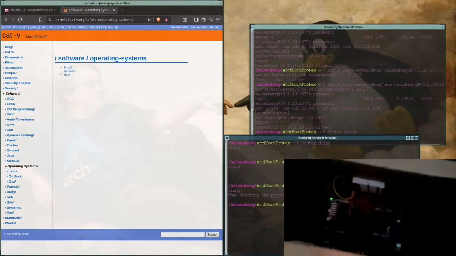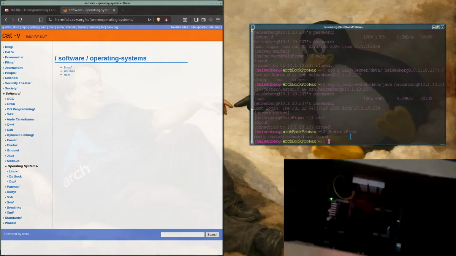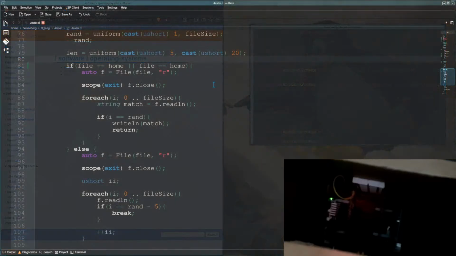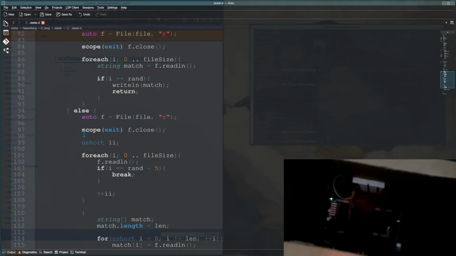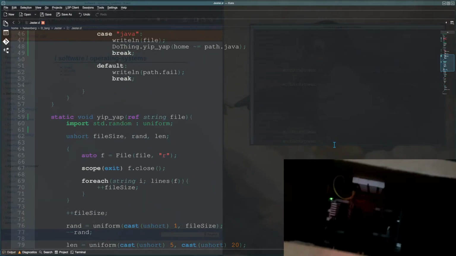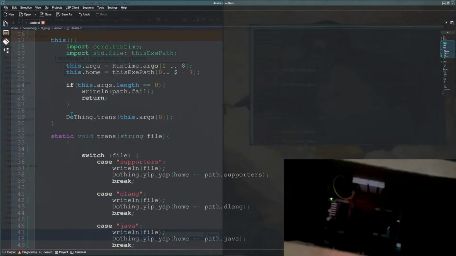Oh, it doesn't even write anything. So Jester dealing is now falling into that. If file equals home will always yield true because file is home. So if file equals this path.exe